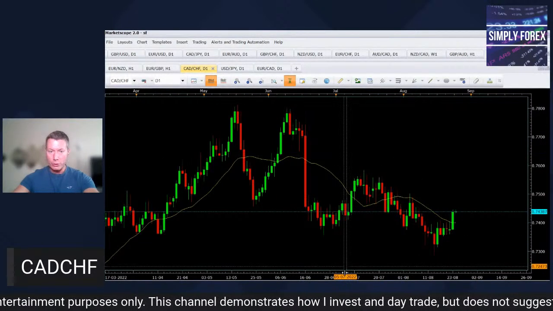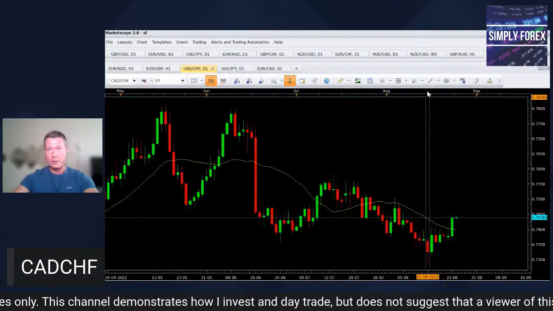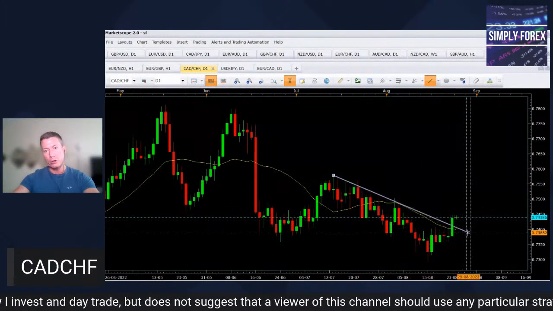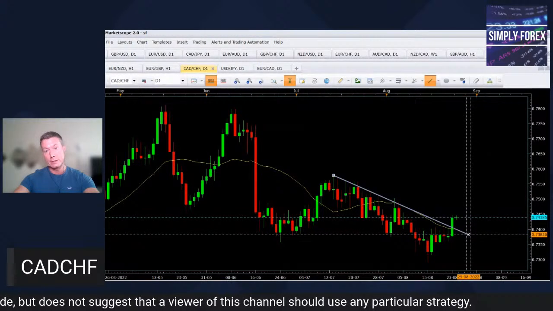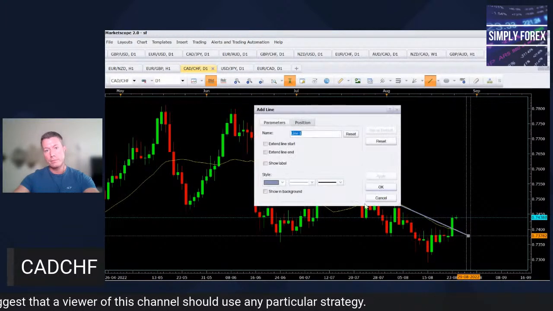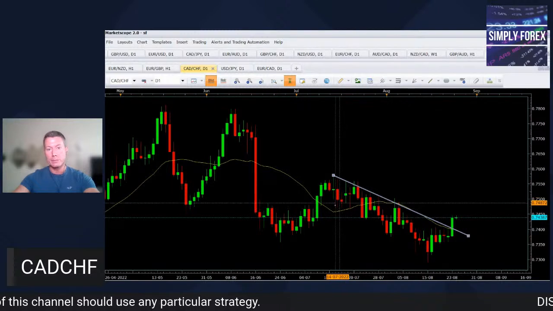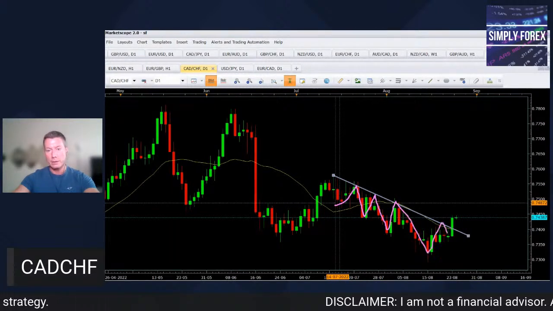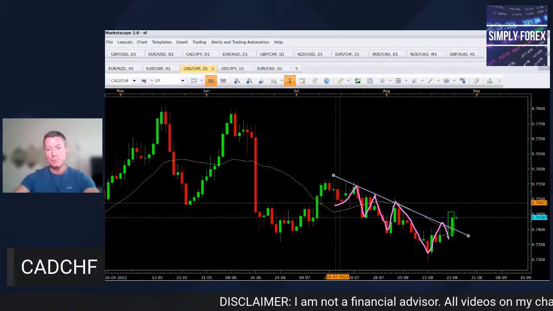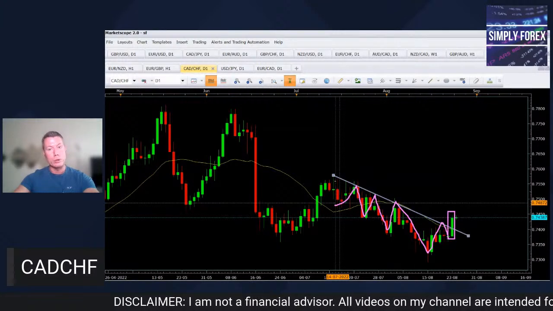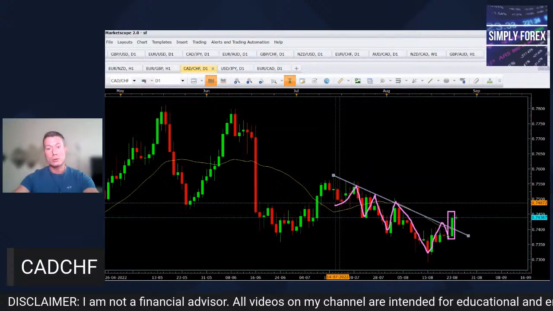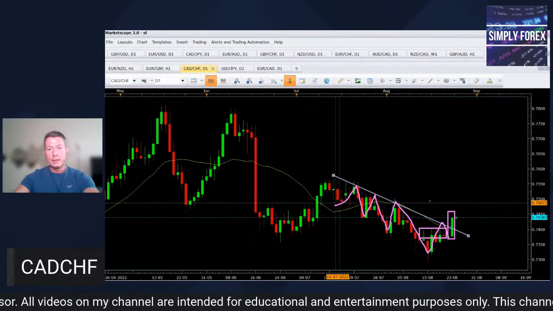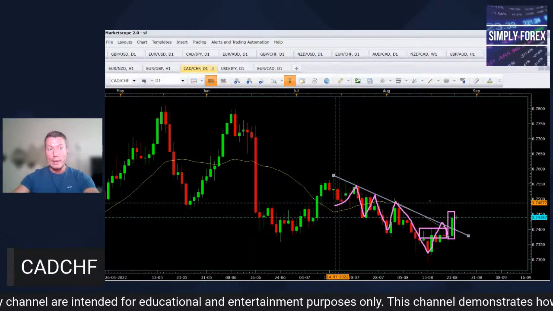And also, guys, I do look for things like this. So if I was to draw a diagonal line, yeah, because this is still an area of resistance. Yeah. So if I was to draw this, as you can see, price has been using this as resistance. Okay. But now this candle here has broken out of that as well. So it's broken out of the diagonal channel, and it's also, for me, broken these last highs here. Okay. So that's the reason why we're longing.